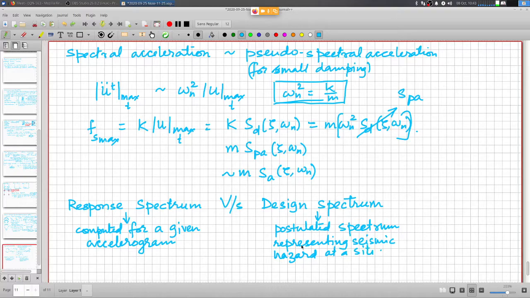So the point is, design spectrum has to account for different types of earthquakes, and it may be